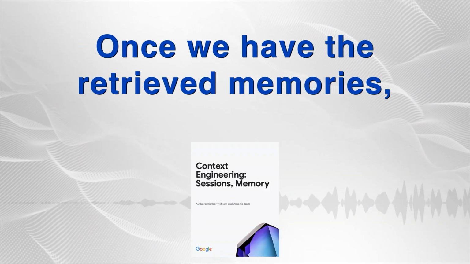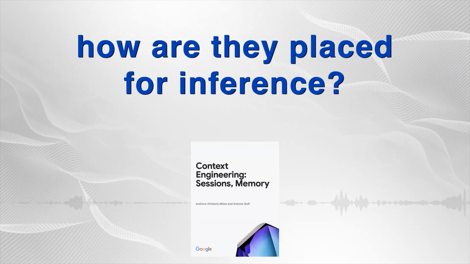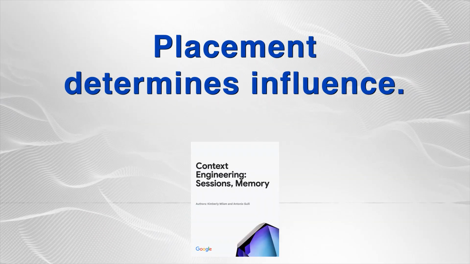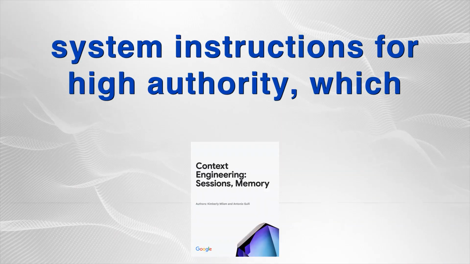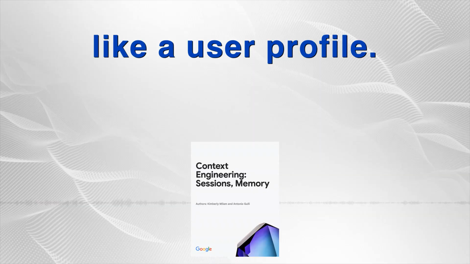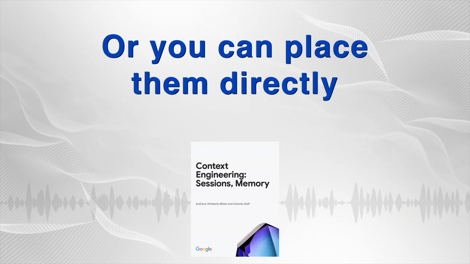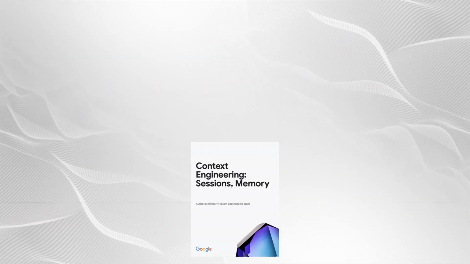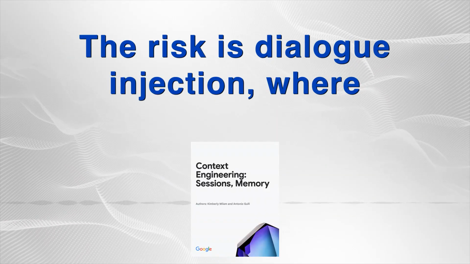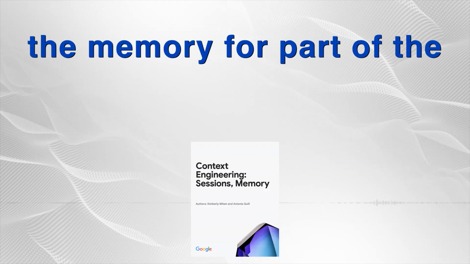Once we have the retrieved memories, how are they placed for inference? Placement determines influence. You can inject them into the system instructions for high authority, which is great for stable, global contexts like a user profile. Or you can place them directly into the conversation history. What's the risk there? The risk is dialogue injection, where the model gets confused and mistakes the memory for part